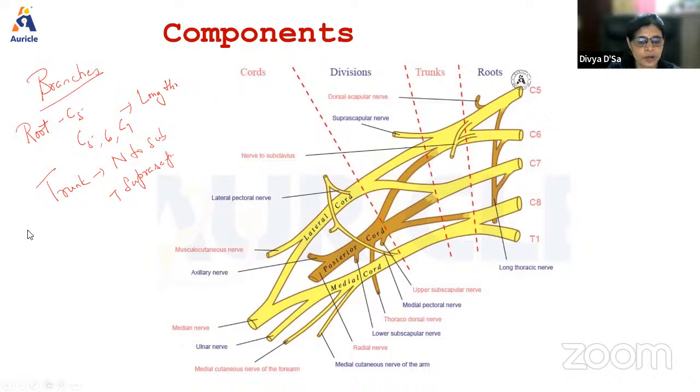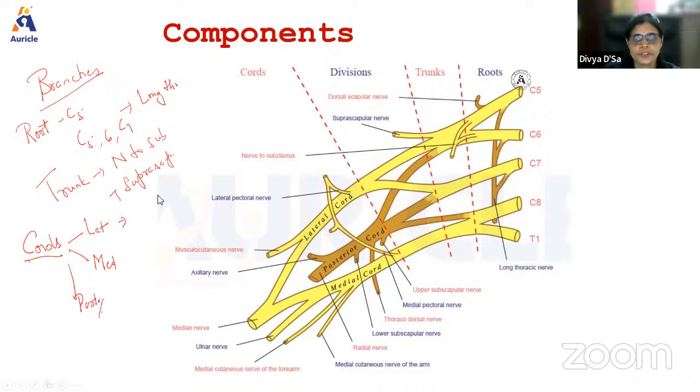So from the cords, we have the branches. To remember, which are the 3 cords now? We have the lateral cord, the medial cord, and the posterior cord. So what are the branches? The lateral cord will give